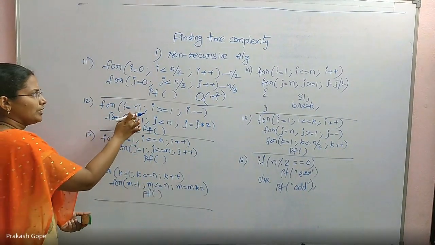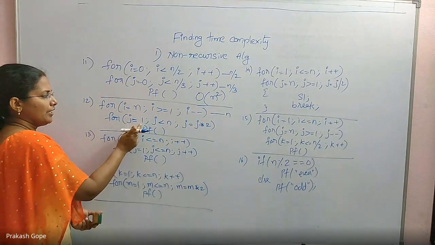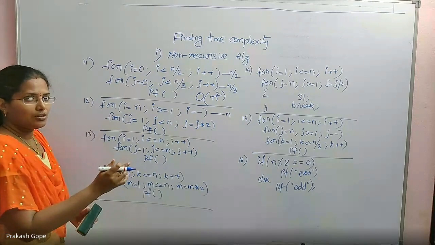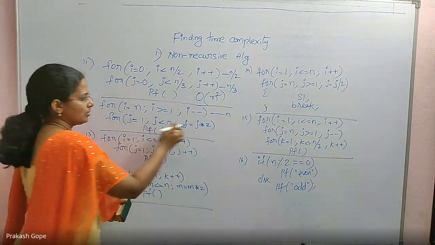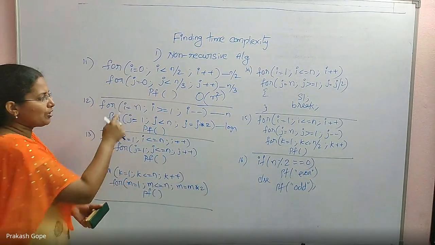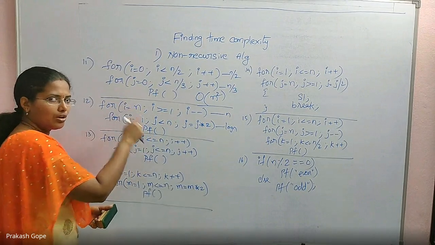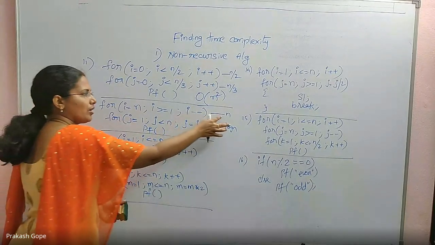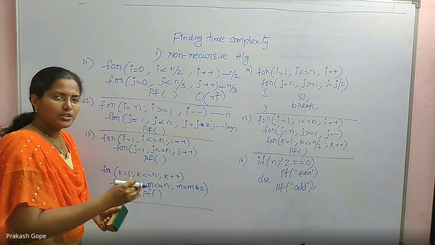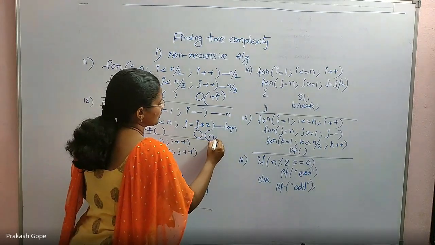Next one. It starts from n, goes till 1 with i minus minus, which means that is n times. j goes from 1 to n with j = j * 2, not j plus plus. j * 2, we have discussed log n, right? So this inner loop runs for log n times. So when i = n, log n; i = n minus 1, log n. So log n plus log n plus log n and so on, n times. So it is n into log n, just like 1 plus 1 plus 1 and so on n times is 1 into n. So the time complexity of this is n into log n.